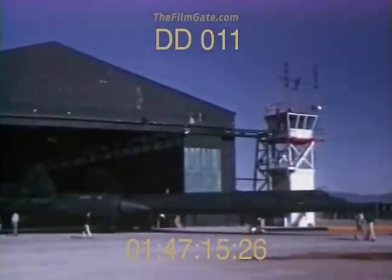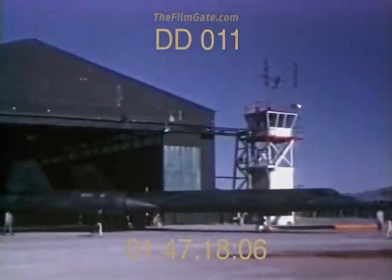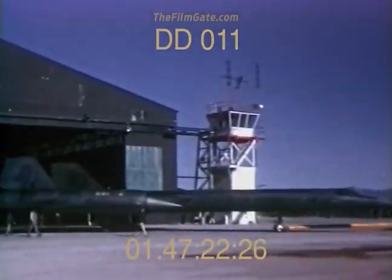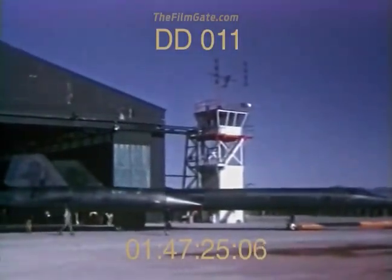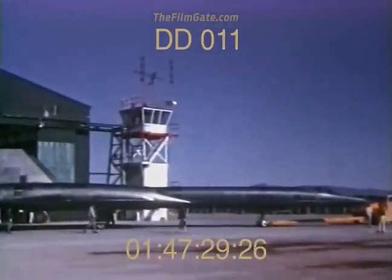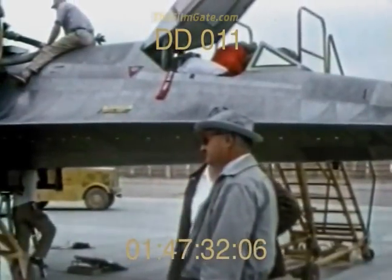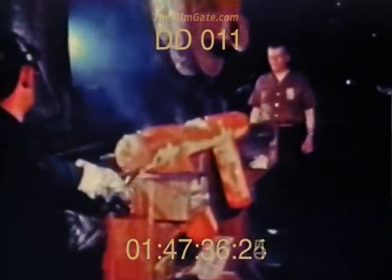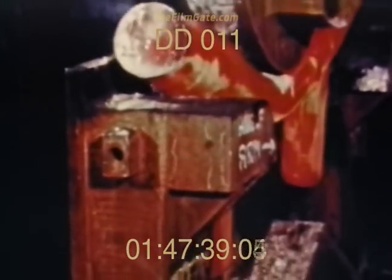It was an honest airplane, but nothing like it had ever been built before. Ironically codenamed Oxcart and designed for sustained Mach 3.2 cruise at altitudes between 75 and 95,000 feet, it posed by far the greatest challenge of Johnson's career, as everything from structural materials to hydraulic fluid and fuels had to be invented from scratch. For example, because of the intense heat that sustained Mach 3 speeds, averaging more than 550 degrees